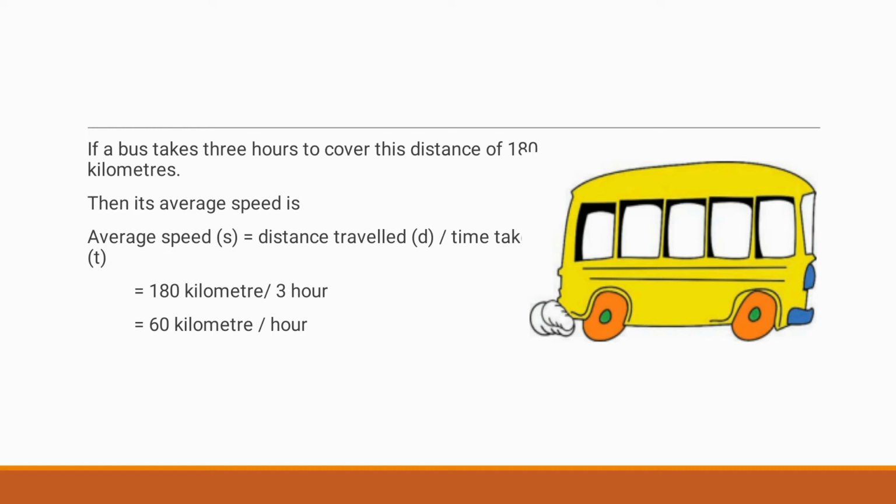In this, 3 parameters are there. They are average speed, distance and time. We can easily find each parameter if the other 2 parameters are given. That is, average speed is calculated by distance by time and distance is calculated by average speed multiplied with time, and time can be calculated by dividing distance by average speed. So it is all interconnected with each other.